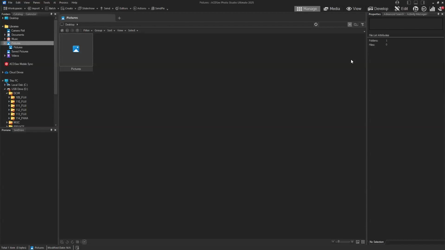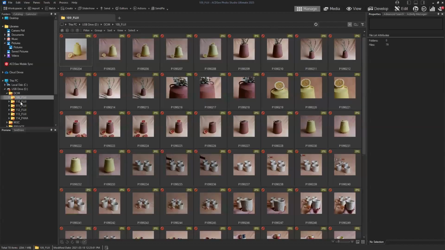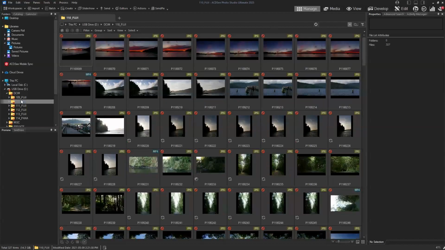And so you'll notice that when you start building up your database, it becomes super intuitive and easy to find those files very quickly. So as you can see, I have a fresh database. I don't have anything inside my pictures folder right now. And I do have my SD drive connected, and I'm going to import photos from these two